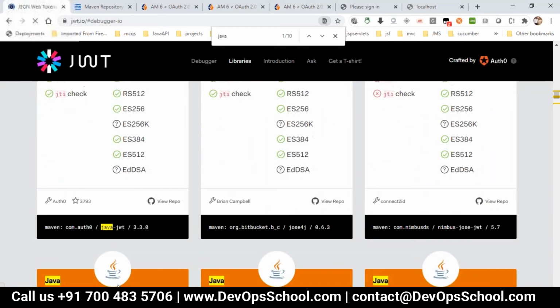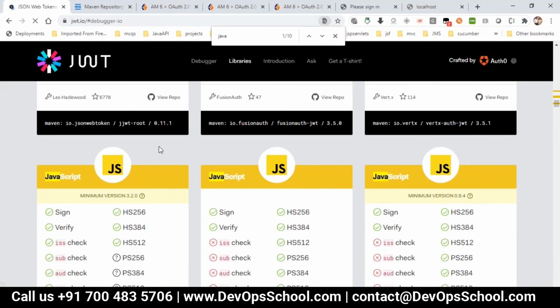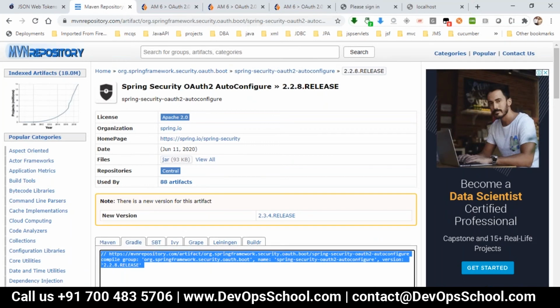So you will be able to get the version and the library which you want to go with. Here they have given the Maven library. If you go with Maven, you will be able to get the Gradle library also. So those tokens you can configure with the JWT. And again, if you go with the authentication as we are discussing, let me just go for